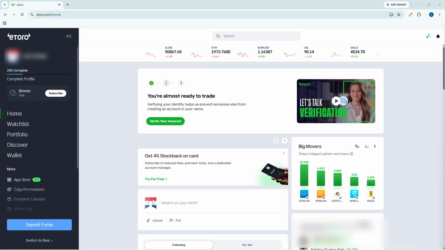In today's video, I'm going to teach you how to use charts and indicators on eToro. To get started, sign into your eToro account. Make sure you're logged in properly so you can access the full platform and interact with charts without interruption. If you're using the web version or the app, the overall process is very similar, so you can follow along